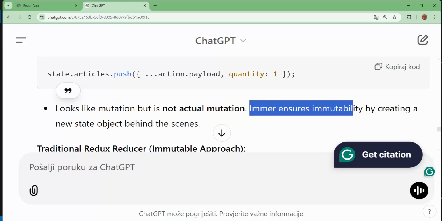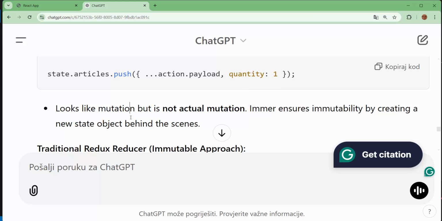Immer ensures immutability by creating new state, and this is here. It is a copy. It would be copied by the Immer library, but we can write